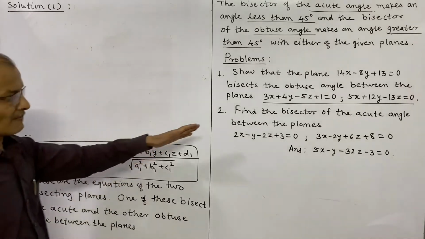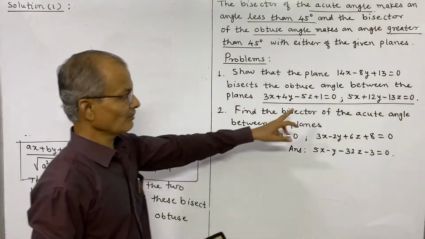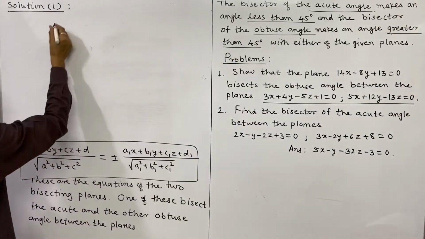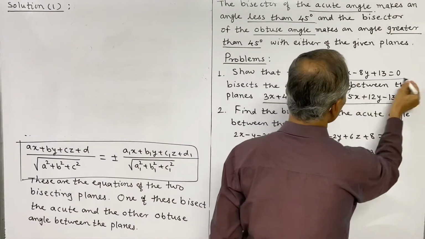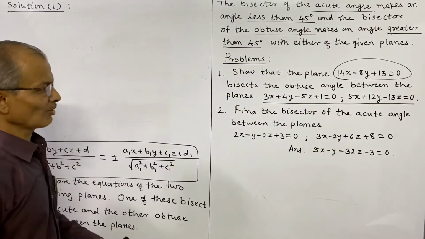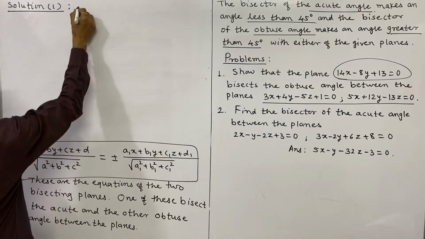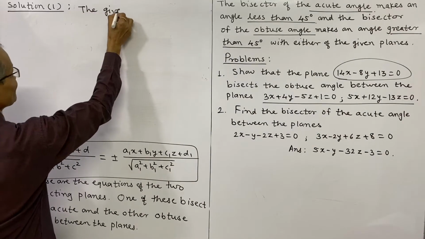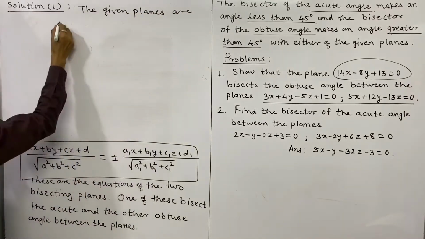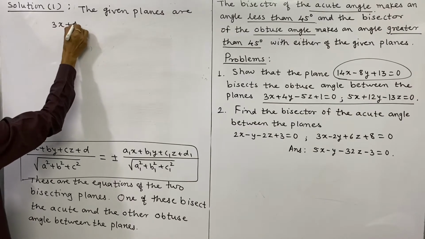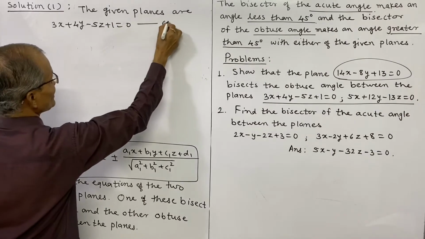Let P be a point on the bisector of the given planes. We will write the equations of planes first. Actually this is the answer that we have to obtain. And the planes given are these two. So we write the equations of the given planes. The given planes are: first equation is 3x plus 4y minus, etc. We suppose it as 1